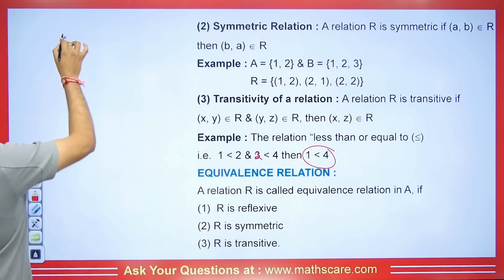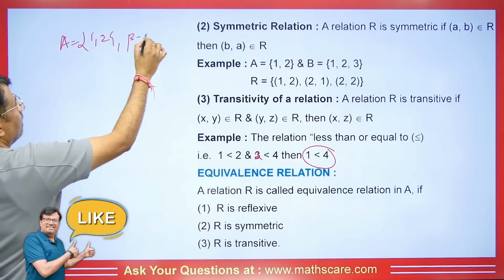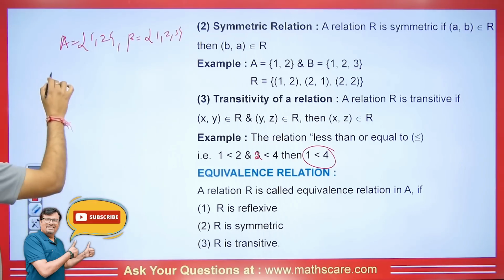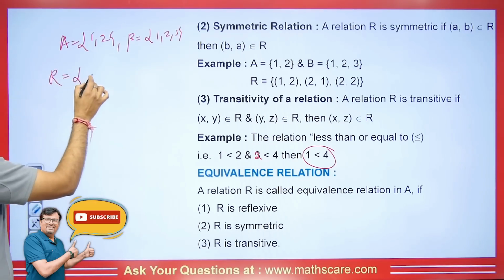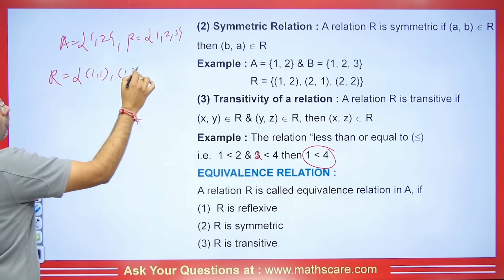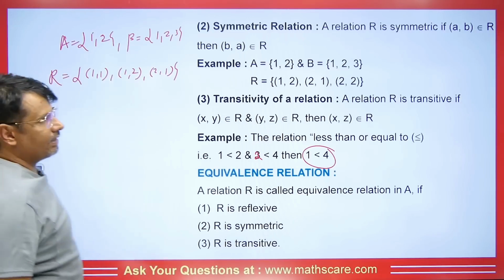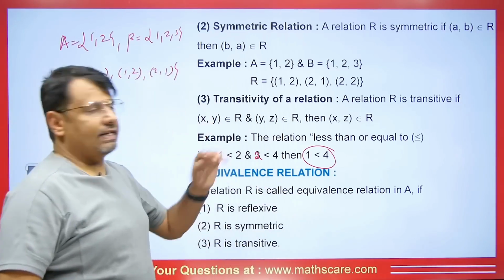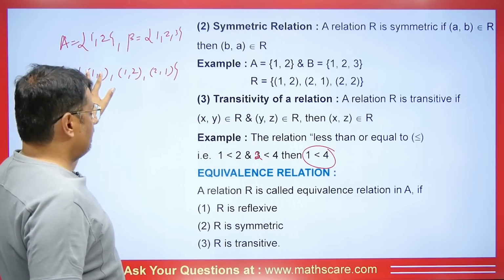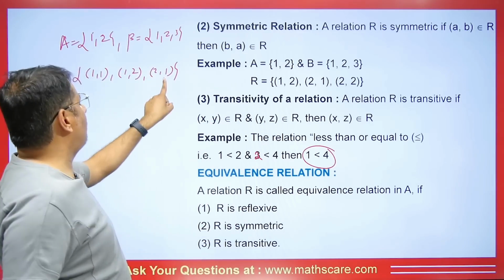So suppose I took a set here, right? You can see in this 1 and 2, and in the B set we have taken 1, 2, 3, right? Now we have taken a relation here, like 1, 1. Then I took 1, 2, then we took 2, 1, right? If you need to find whether this relation is an equivalence relation or not, first you would check if it's reflexive. If we have 1, 1 here, meaning if 1 goes here, then it should be 1, 1. It's there, here is 2, 1 and 1, 2.